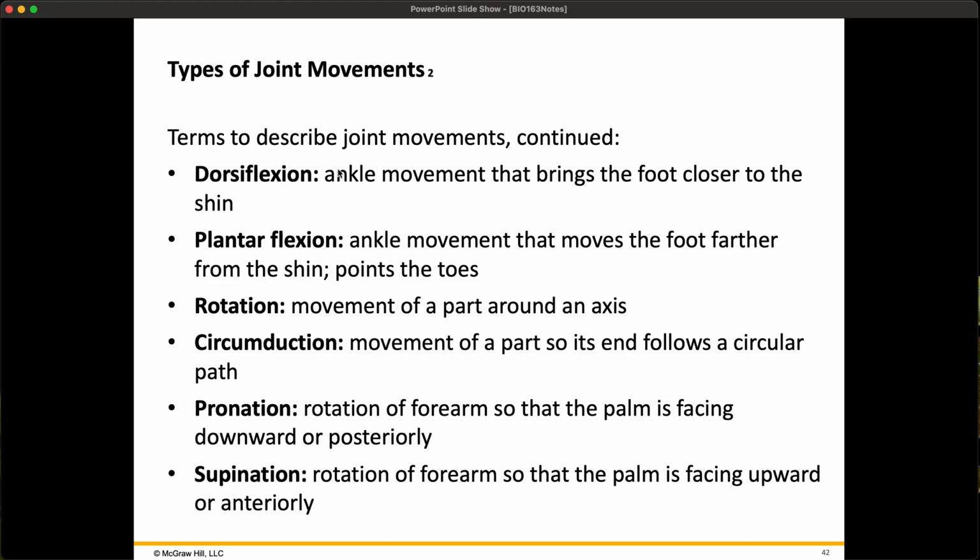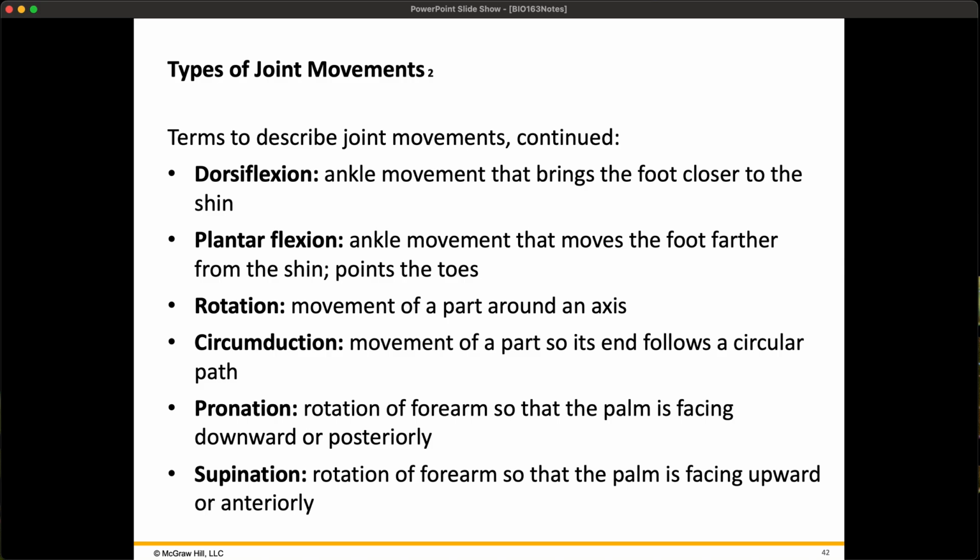Some other movements that we see, especially these first two just on the ankle, is dorsiflexion and plantar flexion. The ankle is another weird one. It's another joint that does not extend technically. The ankle does not extend. It only does flexion. Either dorsiflexion, this is when you kind of lift your toes up, you know, you're like,